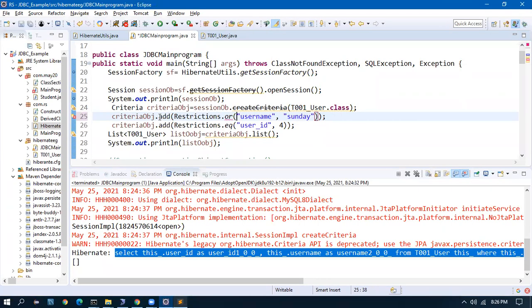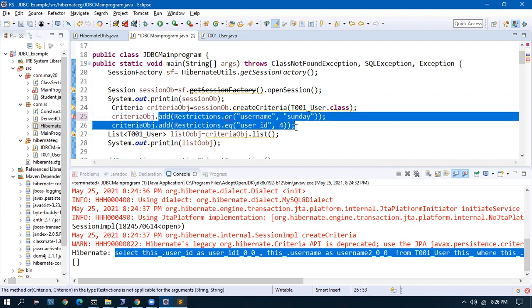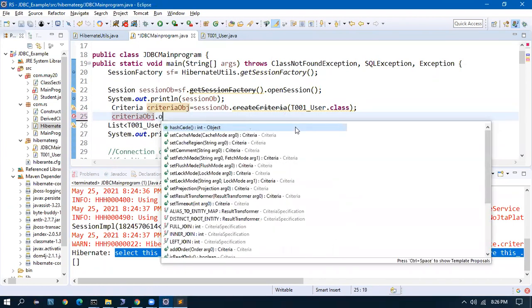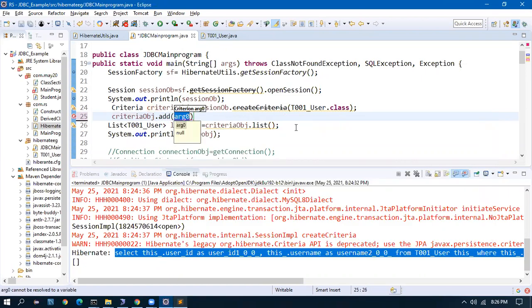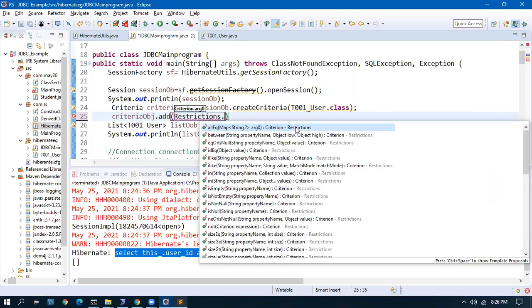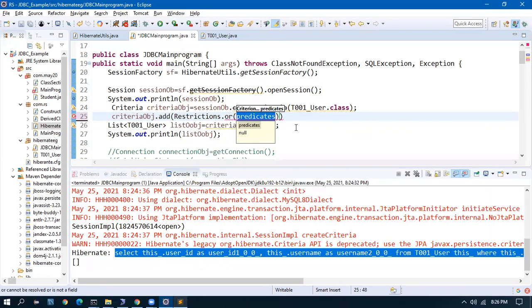So let me give criterion dot, I'll remove this criterion dot add restrictions dot or.